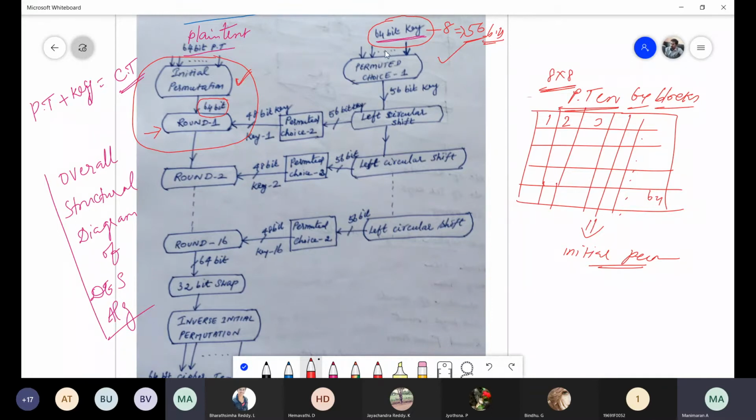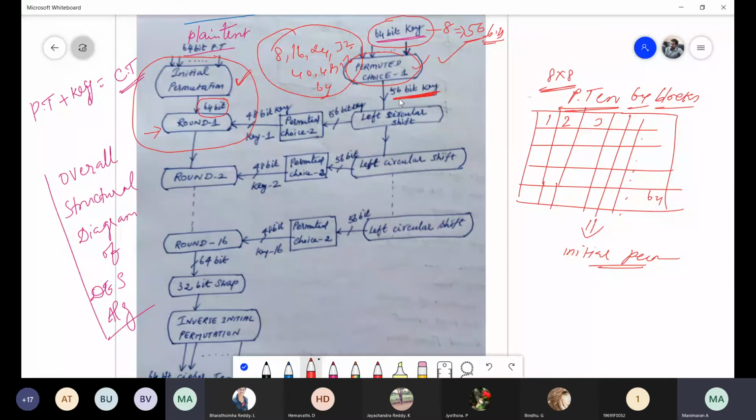So initially we are giving 64 bits. After applying that 64-bit key to this permuted choice, we are removing 8 parity bits. What are those? 8, 16, 24, 32, 40, 48, 56, and then 64. All these bits we are removing. So finally, what is the key size? 56 bits. This table, permuted choice 1, I just showed you, it is just rearranging, that's it. So now we are getting a 56-bit key. Why are we removing those 8 bits? For checking errors.